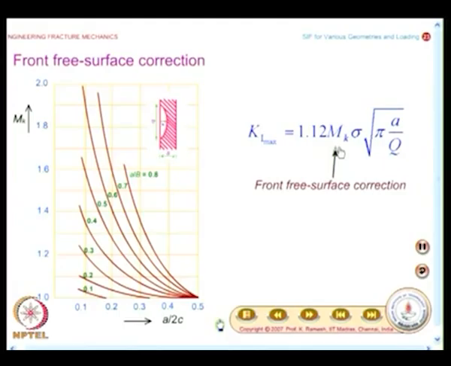So, this is an improvement over the result you got for surface cracks. So, you have these graphs also available. You have these graphs plotted for a by 2c as well as a by b as a parameter, for different values of a by b, that is different values of the depth of the crack with